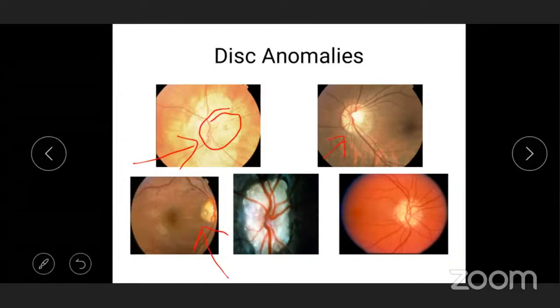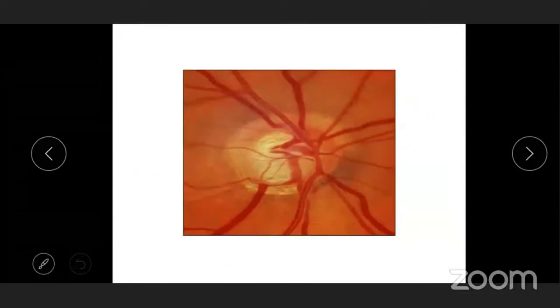But the inferior rim is still thick, the superior rim is still thick, it's still maintained. So if you keep that rule in mind that inferior is affected most, then you know this is temporal, it was affected. You have to think of something else. It could still be glaucoma, but think of something else. If you look at it carefully, this was an optic pit. So if you keep that sequence in mind, and this was a sequence.